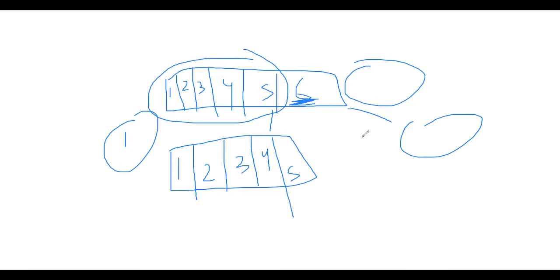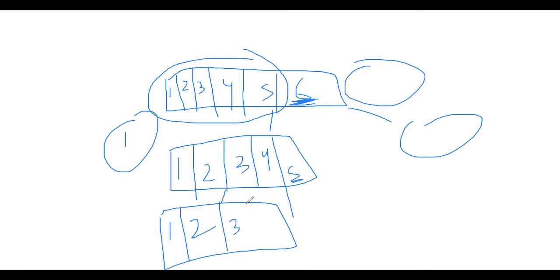Then again we choose a pivot, which is 5, and we put 5 at its proper location. What is the proper location for 5? The same one. It means after this, we will create one more partition, only on the left side, until 4. And what for 4 also?